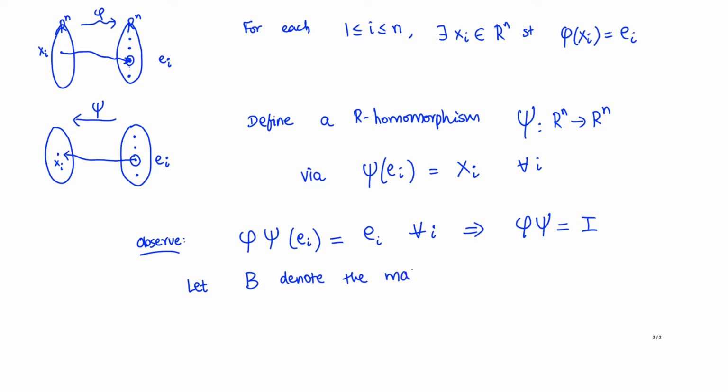Okay, just like we had A, which denoted... So recall, A already denotes the matrix of phi. Okay. Now, what do we know? The composition of phi and psi, and remember R is commutative, so the opposite ring here is the same as the original. So recall, this was our key observation.